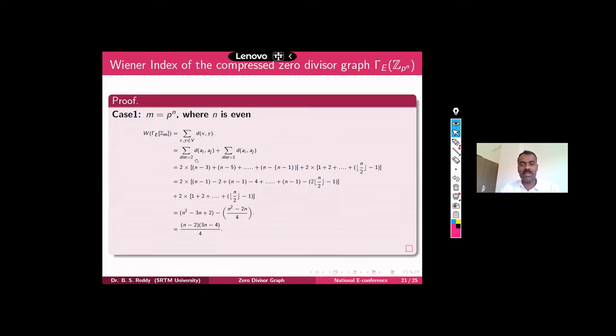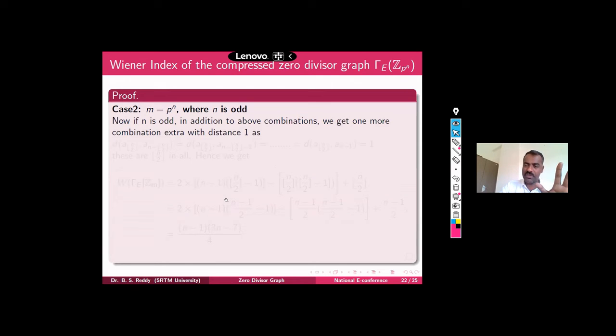So you simply split this into distance either 2 or 1 that we have already observed. So all distance 2 and all distance 1. Then if you write a1 to a3, that means if you fix this i as a1, then there are n minus 3 whose distance is 2, which we have seen already. And if you take i equal to 2, then if you vary that summation, there are n minus 5 terms, and so on. So n minus 3 terms, n minus 5, and so on. Then this is about whose distance is 1. That means a1, then an minus 1, then a2. For a2 there are 2 and so on. So if you simplify this, you will get that for n, which is the even case.